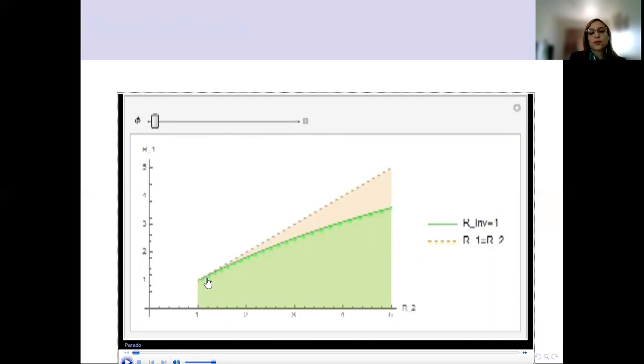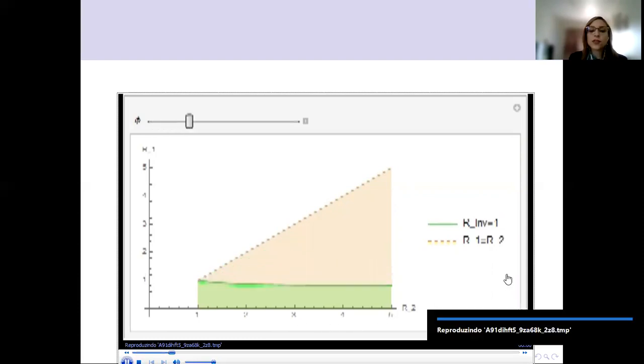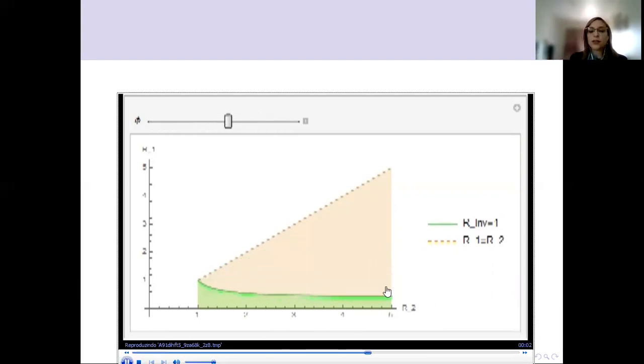This green line is where the invasion reproduction number is equal to 1. In the green area, we have the values where the